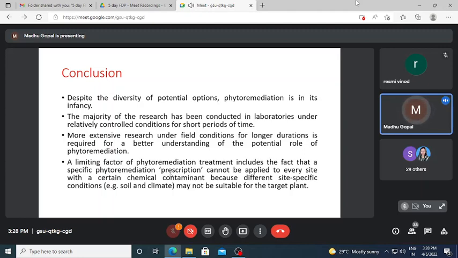A limiting factor is that we cannot have a single prescription. A specific phytoremediation prescription cannot be applied to every site with a certain chemical contaminant, because of different site-specific conditions. We have to consider the conditions of the site, like the nature of the soil, climate, etc., which is suitable for the target plant. So there is no single prescription in phytoremediation. We have to carry out